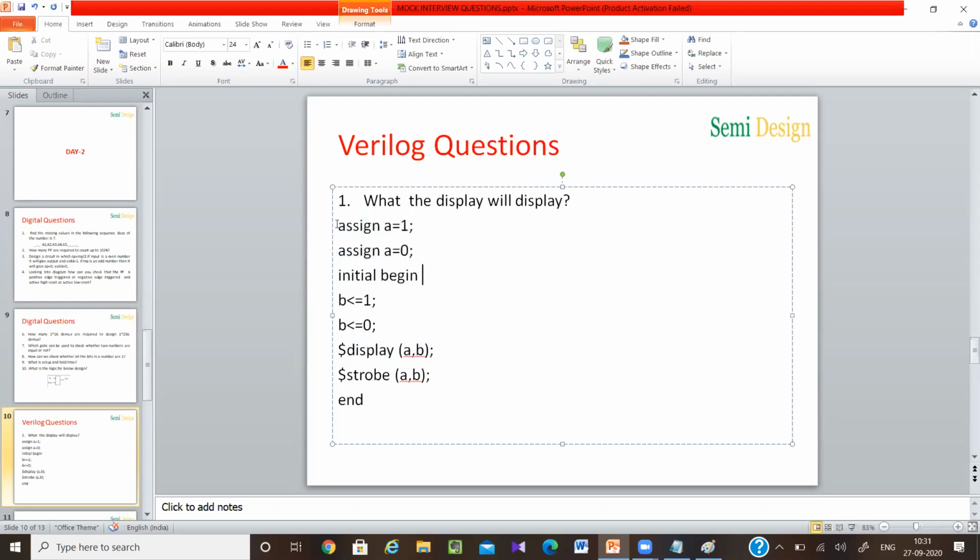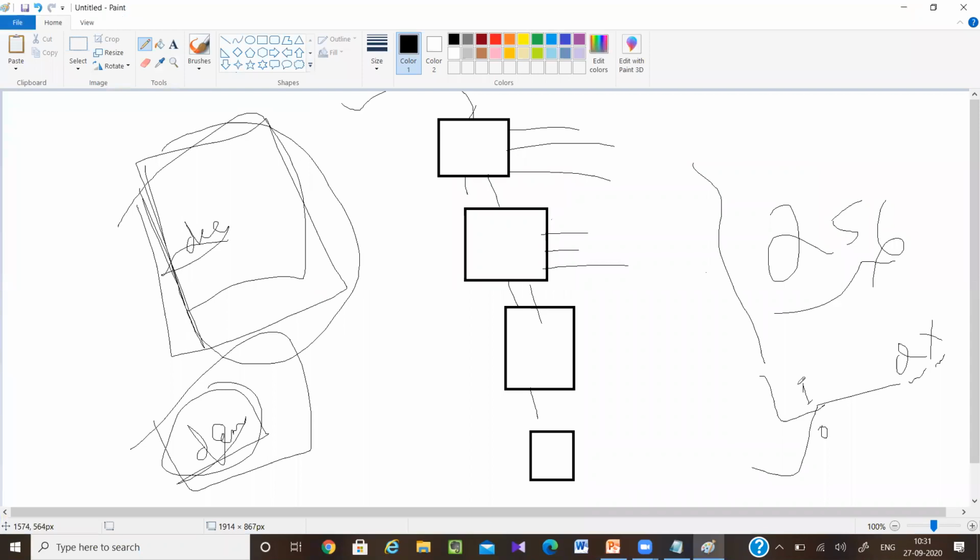Ma'am, in the A value, the statements will execute in sequential manner? No, here it is not executed in sequential manner. Here they all start execution at the same time. Ma'am, Verilog is concurrent in nature, then A equal to 0 will not override the value of A equal to 1? No. What I said is, these things will create hardware like this: my A value is at a time driven by 1 as well as driven by 0.